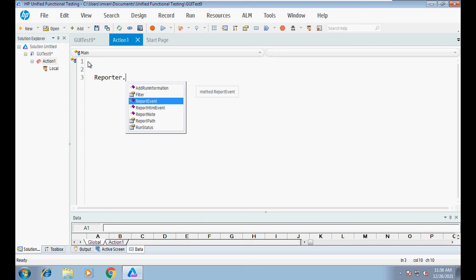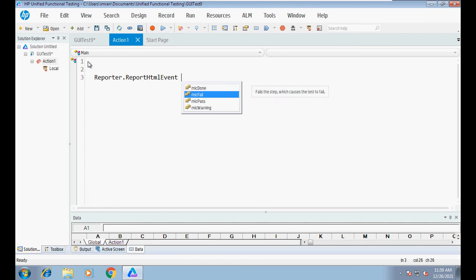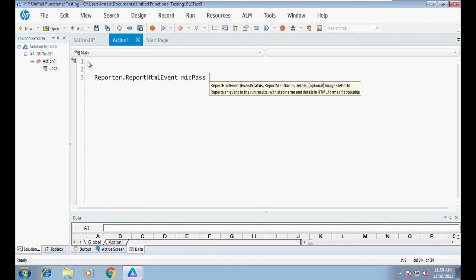There also we will give a string, but the value would be in HTML format. So I will say pass, comma, step I gave UFT tutorial, comma,